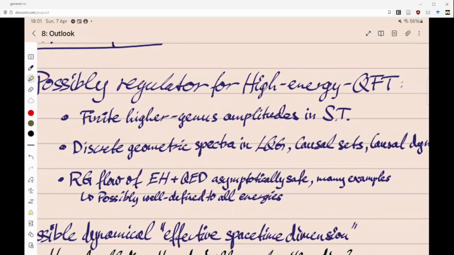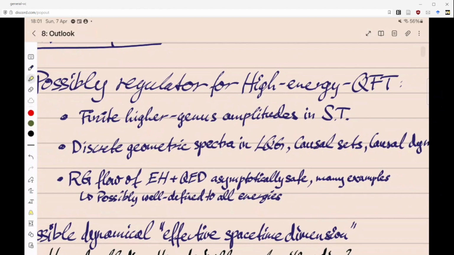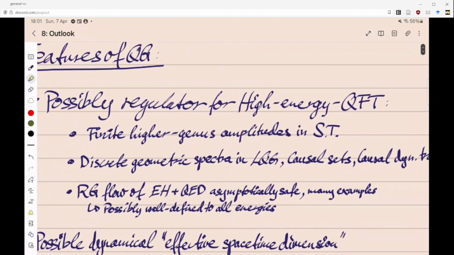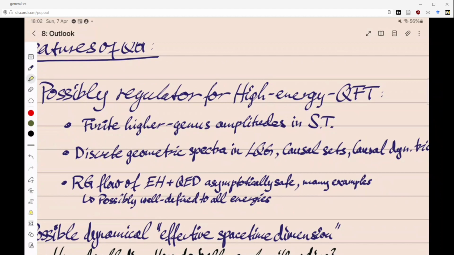There's also, I think, the most direct way you can convince people of this general property if they only like continuum QFT. You tell them about the renormalization group flow of Einstein-Hilbert theory plus some theory like QED, or even the standard model possibly. This will tell you what a theory looks like at high energies and at low energies, and if the theory is well defined to all energies. What's known is that if you, for example, take Einstein-Hilbert and QED, then there is a well-defined theory up to all high energies, by virtue of what's called asymptotic safety. So there's a sort of changing of the theory as you go to higher energies. Parameters adjust depending on the energy a little bit, and you find that